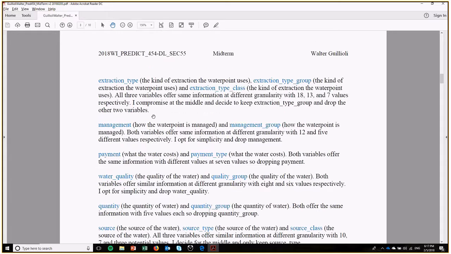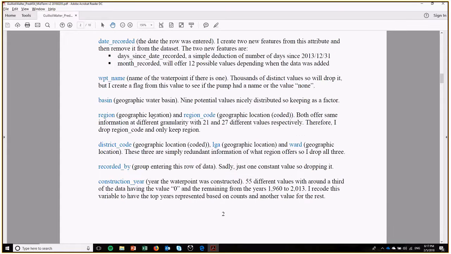Then I found some redundant values. For example, take region and region code. I did aggregations of both, and both offered the same type of information, just at a slightly different level of granularity. Like region has 21 values and region code has 27. So I just had to make a call at this point. And in this case, I opted for simplicity, and I decided to drop the one with 27